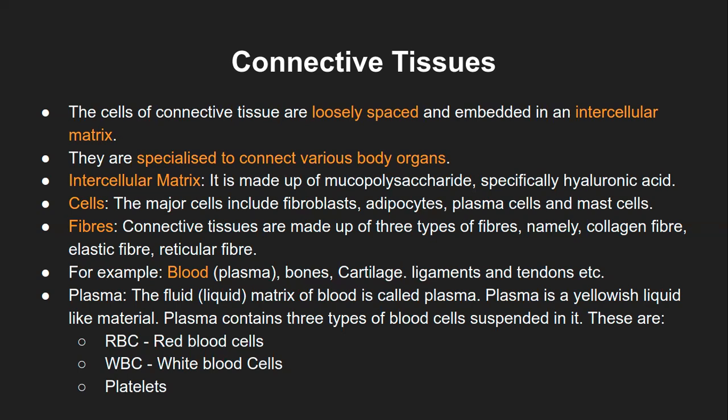Around the ovum, there are cells which are attached to each other with hyaluronic acid. When the sperm releases this hyaluronidase, it breaks down that hyaluronic acid. Ultimately, the cells around the ovum separate and the sperm can enter the ovum. So that is the function of hyaluronic acid: to build the cellular network by cementing in between the cells. And that is why it is present within the intercellular matrix.